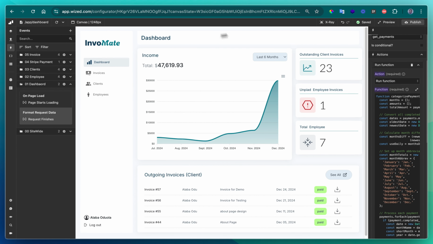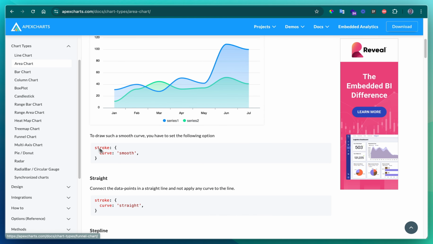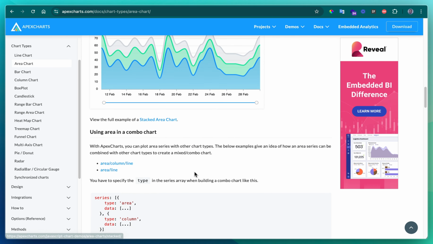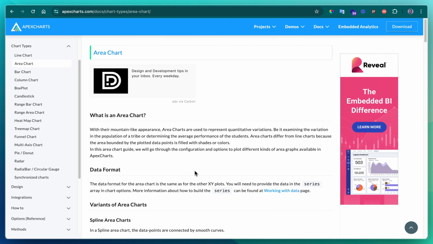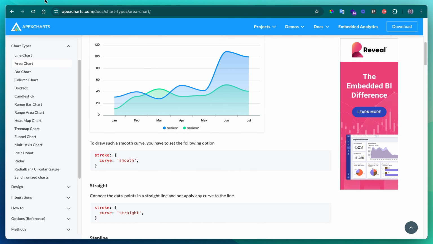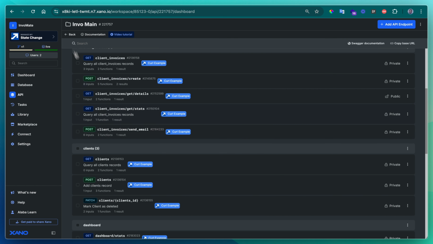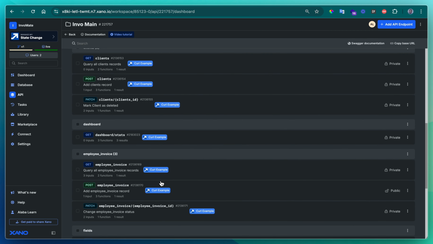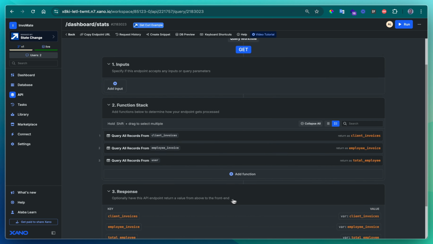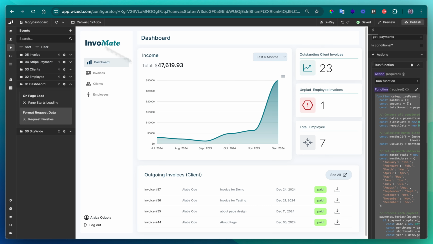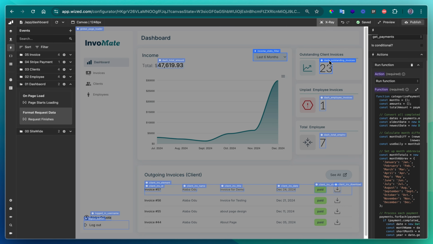Everything about how the chart initialization is being set up can be found here. This is the documentation page for Apex chart. Moving forward, we are getting this from our backend using this API. We've covered that. So we are returning all the 3 variables: the client invoice, employee, and total employee. So now let's look